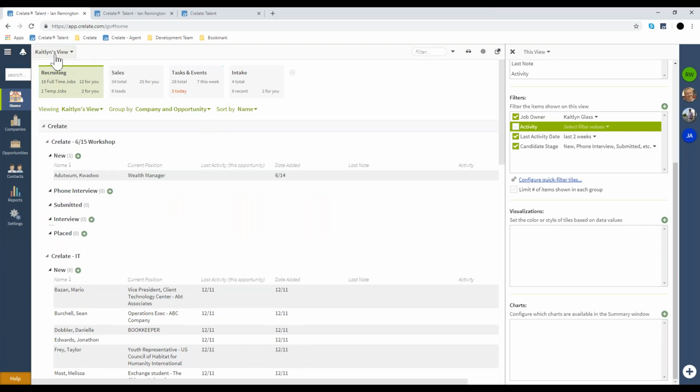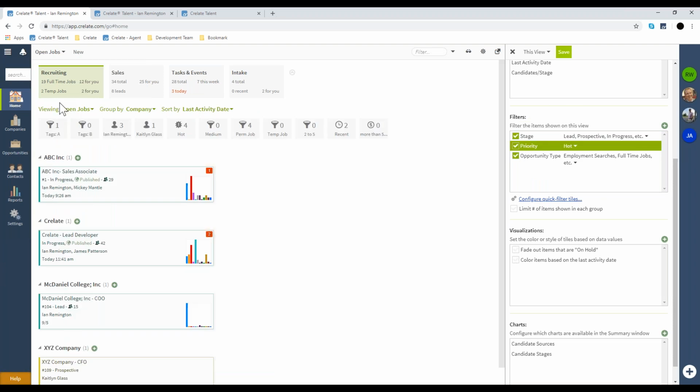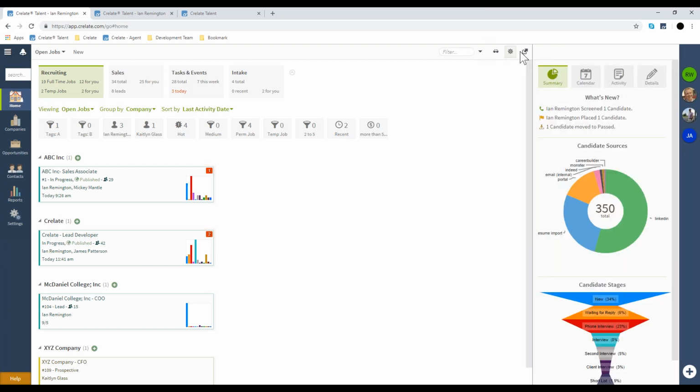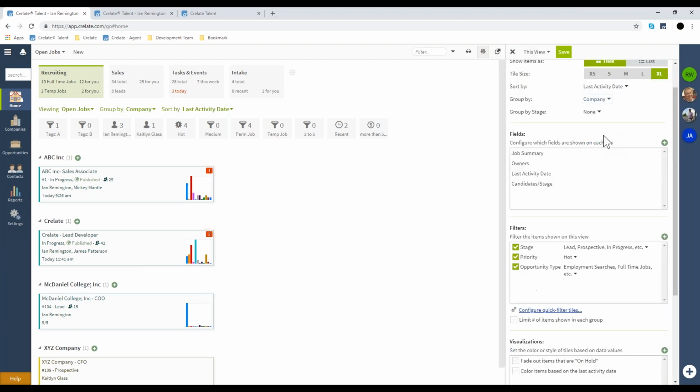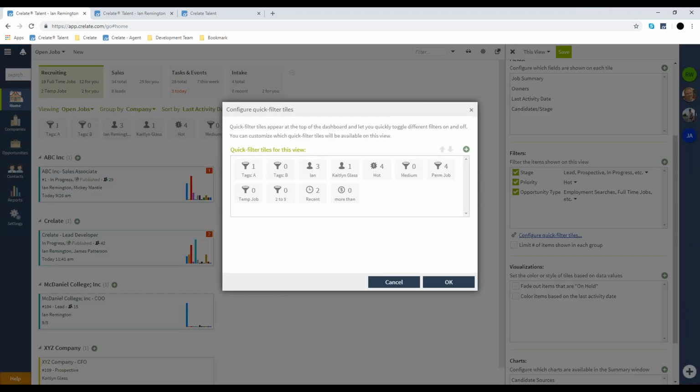And for the next question on actually configuring the quick filter tiles, so those ultimately display right where my cursor is up above. So we'll go in, we'll create a quick filter tile. So I'll use the option here. Remember, my starting point is always going to be this cogwheel. That's where you get very detailed with your view configuration, and you give the side panel over to the right-hand side. So from here, we configure the tiles, and we'll use the plus sign because we're going to create a